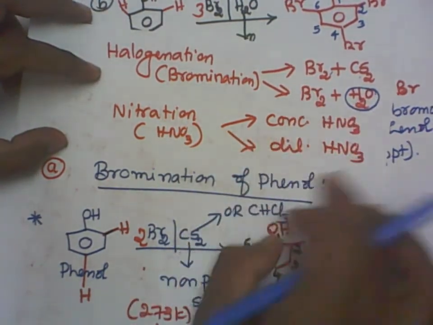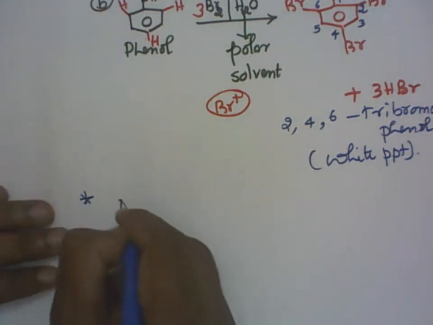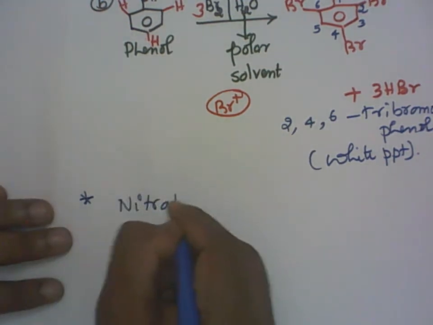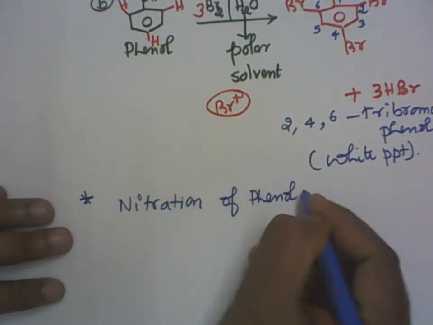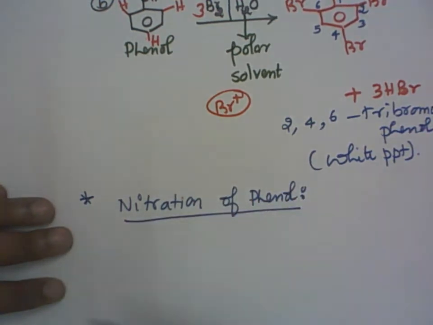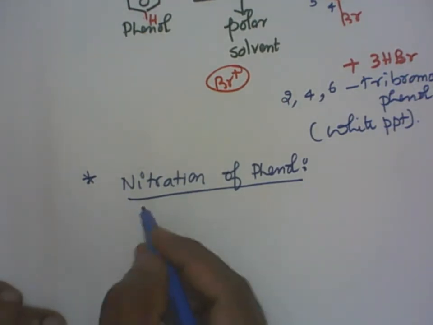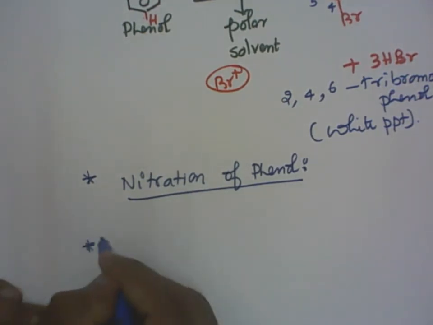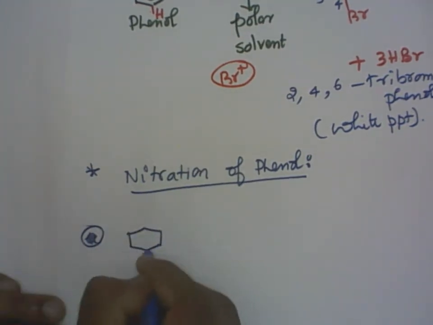The second one is the nitration. Okay. So the next one is the nitration of phenol. First one, we'll write, reacts with dilute nitric acid. Okay. Under that first one, phenol